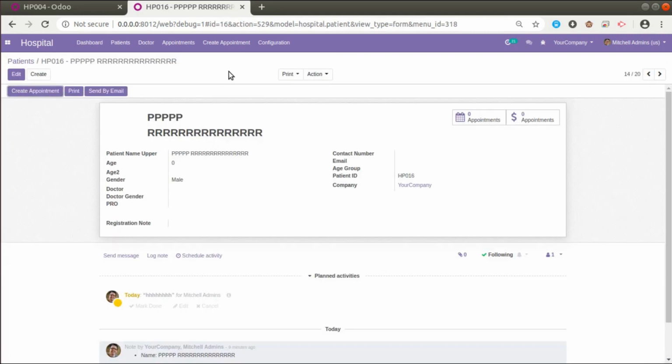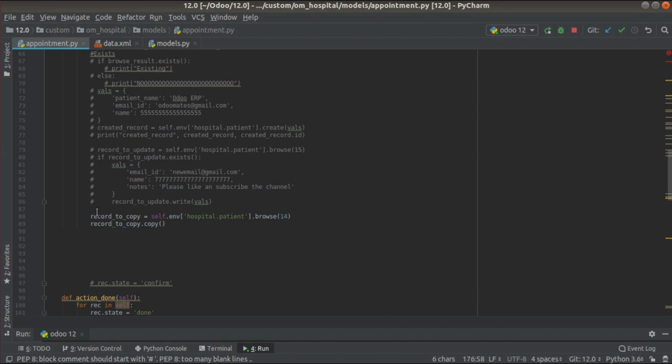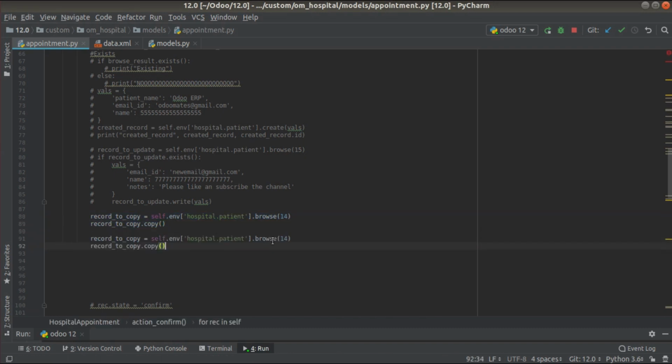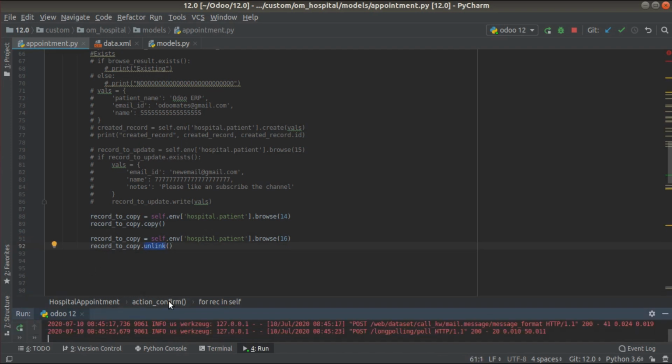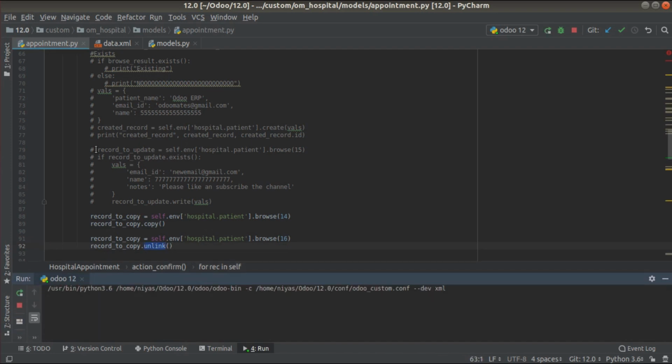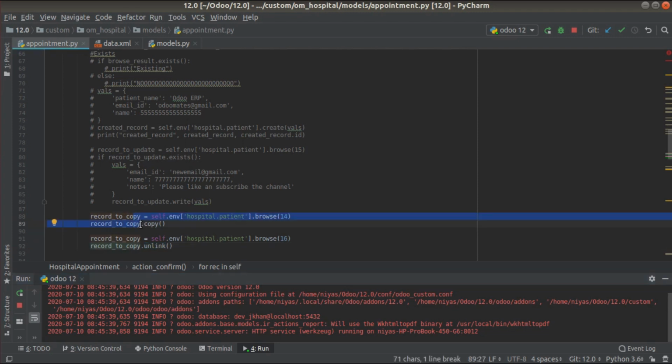Suppose I need to delete the record with ID 16. First of all, you have to browse it. I'll be browsing the record with ID 16, and you can simply call unlink. Once you call unlink, the record will be deleted. I'll be commenting this code.